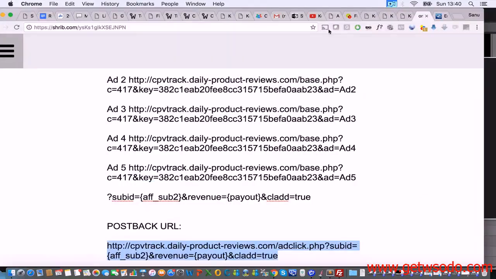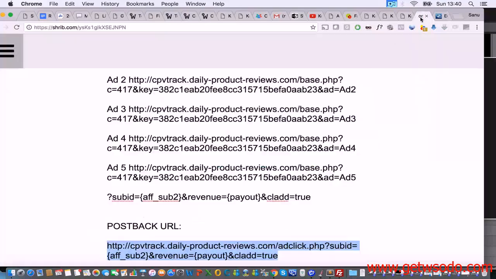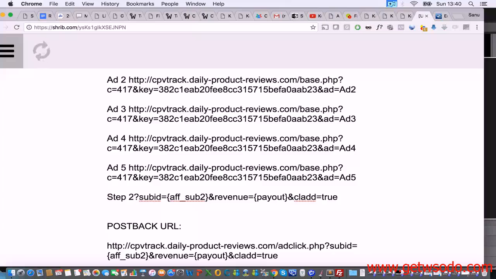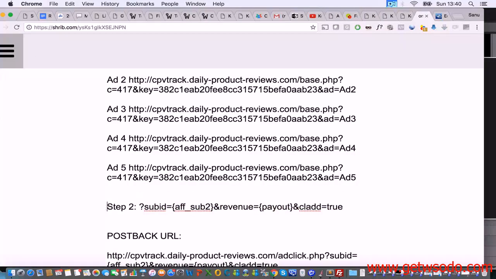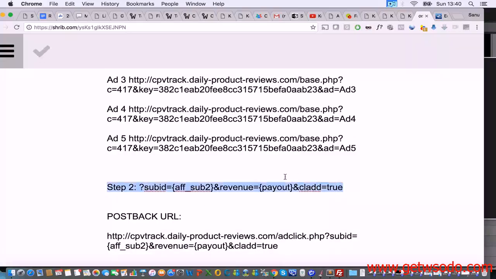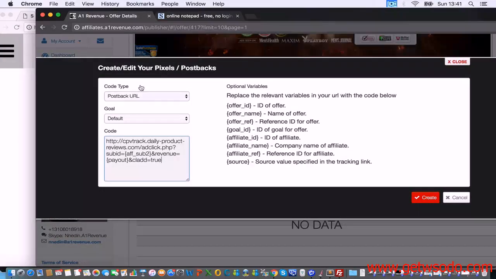So one last time. All we do is copy the image pixel. We focus on this URL right here, that's between the quotation marks. Then we add step 2. So step 2 is we add this string of characters right here to the end of our postback URL. And once you've done that, we now paste it in where it says add postback URL